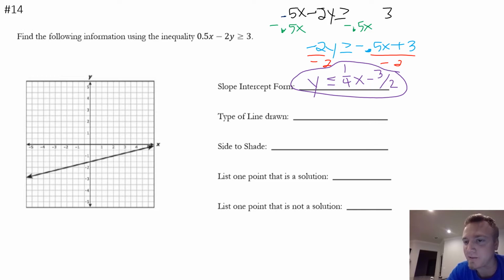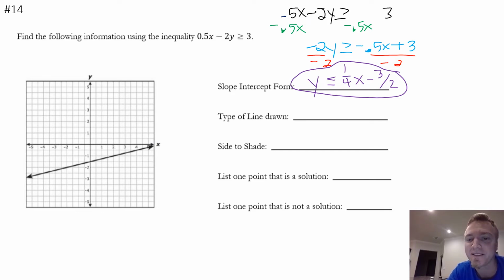You can look to see that I've spaced the 3, I moved the x term, the 0.5x, by subtracting it, and then divided both sides by -2. Now, it's important, so important. If you divide by a negative or multiply by a negative with inequalities, you must flip the sign. So I flipped my sign, and I got y is less than or equal to 1/4 x